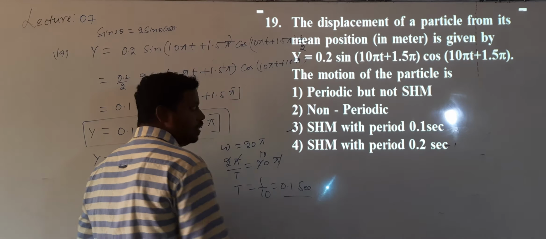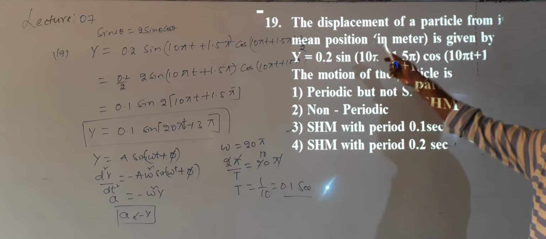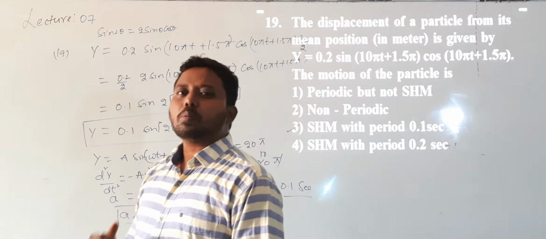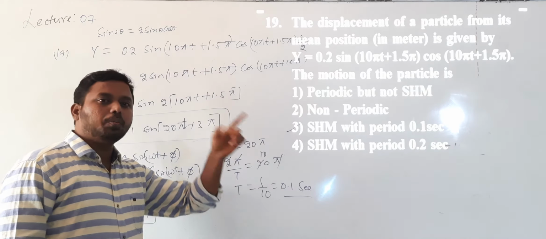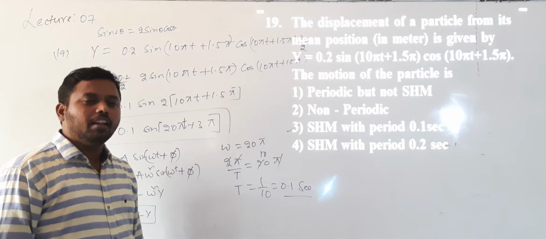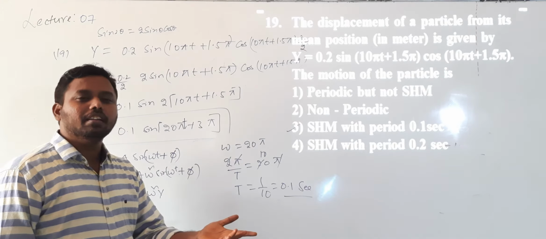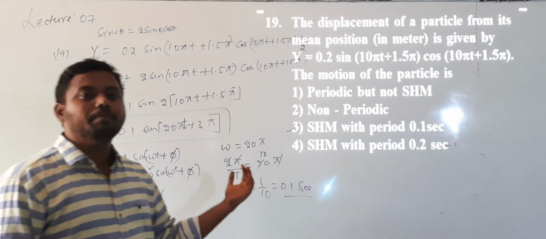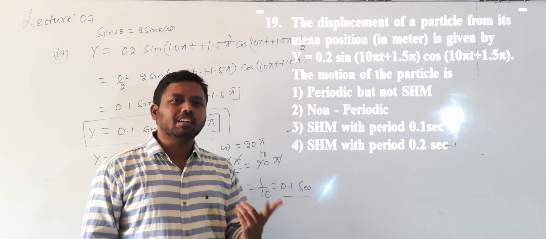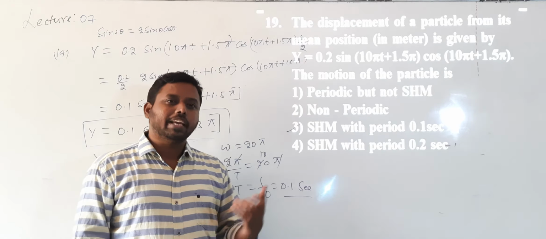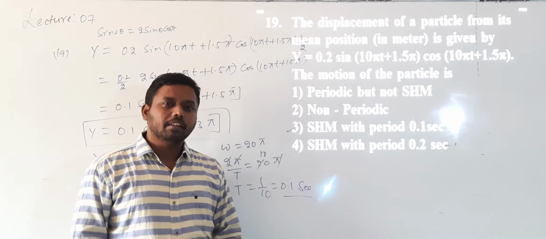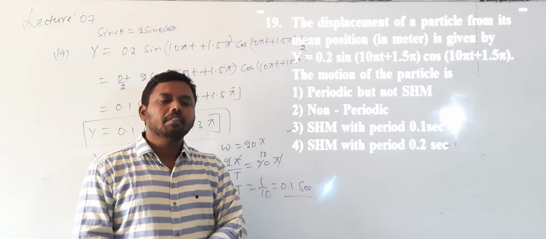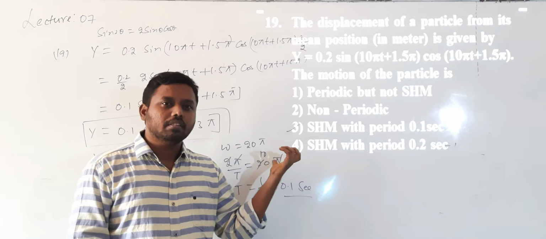Therefore, what is the option? For the given equation, the particle executes simple harmonic motion with a time period of 0.1 second. Question clear now? There are many numericals in other material. When you go through our material only, this is the model, but once this chapter is completed you have to go through other material too, because in the final examination they may ask questions from only our material by taking the concept, so you need to practice from other material. Then you will come to know some more models.